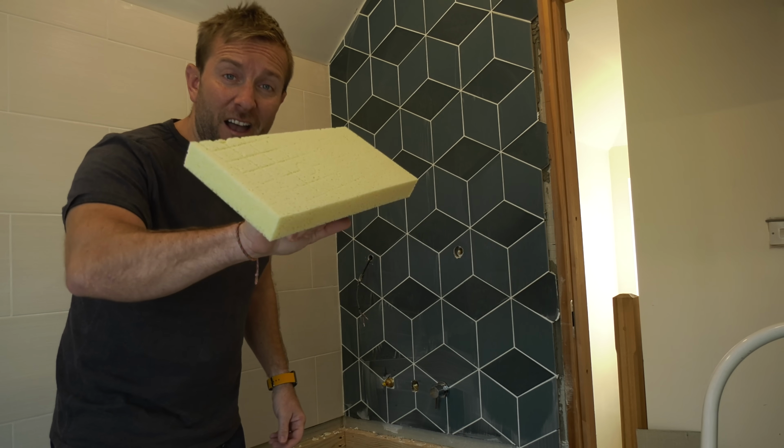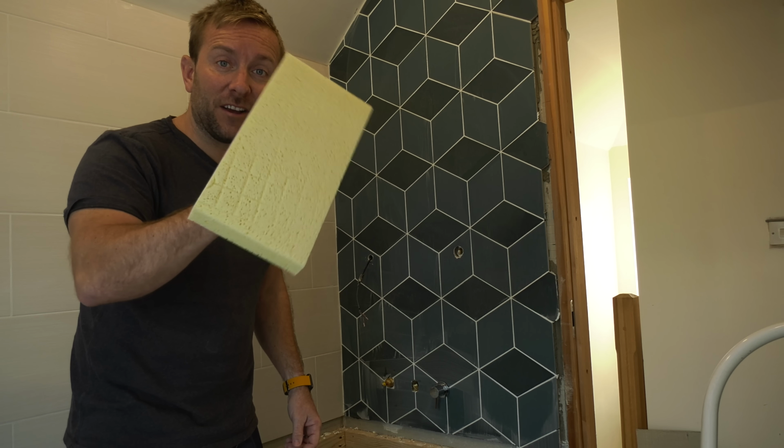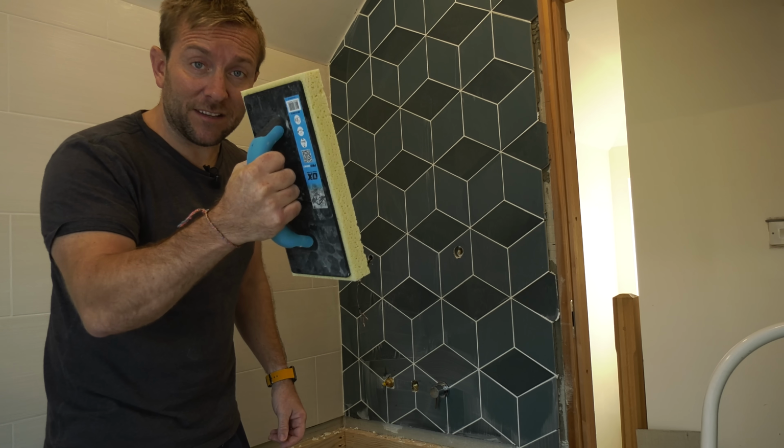Wash, wash, wash, wash, wash, and wash again, okay? Wash more than you'd wash yourself after you've been to Amsterdam. This needs washing a lot. Get all that grout off. I highly recommend you buy a good sponge like this one here. You'll be able to get this on our Amazon store. That is the best way